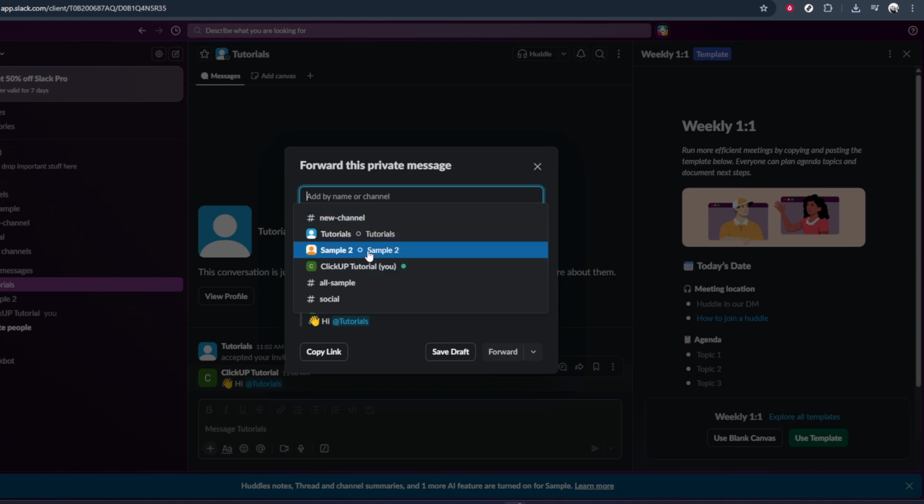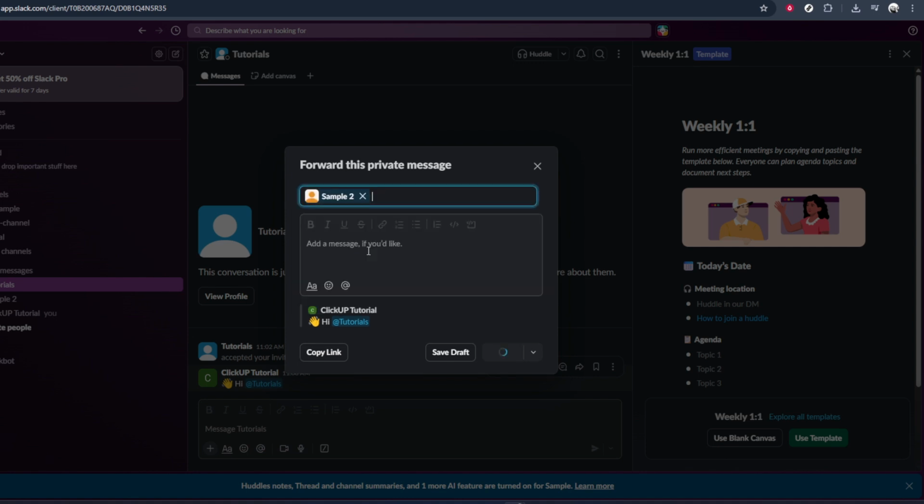Next, move your mouse over that message. You'll see a small toolbar appear with different icons. Look for the forward arrow icon that appears near the three-dot menu. It usually looks like a curved arrow pointing to the right. Click on that forward arrow. This tells Slack that you want to send this specific message to someone else, while still showing where it originally